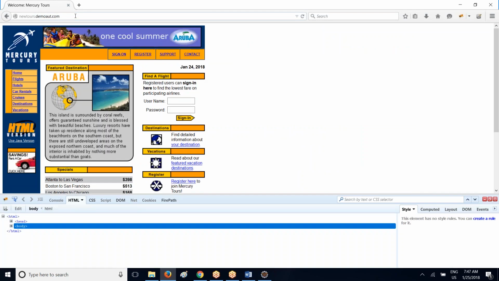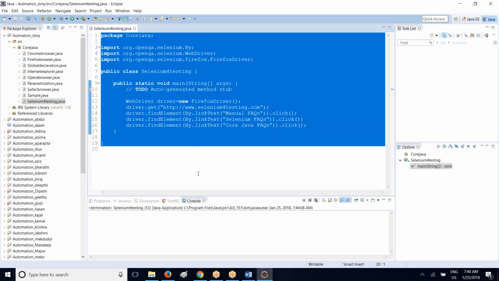Start.demo.com. Okay, so this is our Mercury Tours application. So what I would like to do is go ahead and register into this Mercury Tours application. So to register into this Mercury Tours application, first let us try to go ahead and